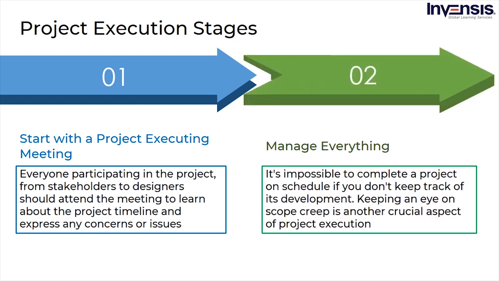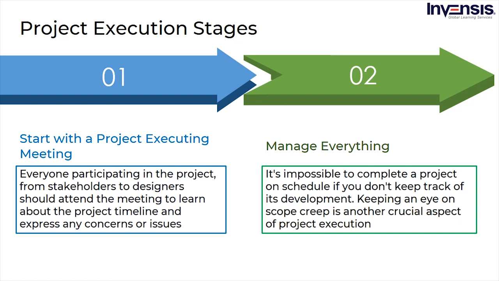Manage everything. It's impossible to complete a project on schedule if you don't keep track of its development. When Wellington questioned how companies track their projects, 55% stated they didn't have real-time KPIs, making tracking project outputs and budgets impossible. In addition, many firms admitted that they were still manually creating project reports, making it impossible to detect problems in real time. During the project planning phase, it's critical to set quantifiable targets and KPIs, including cycle time, resource capacity, and budget variance.